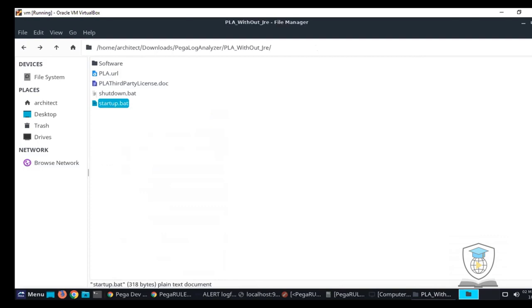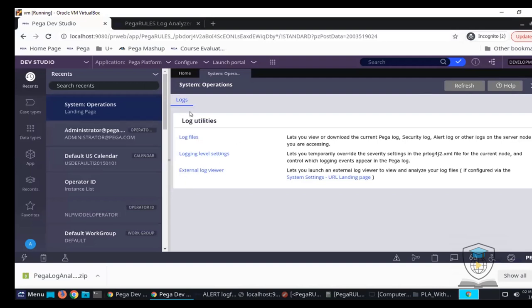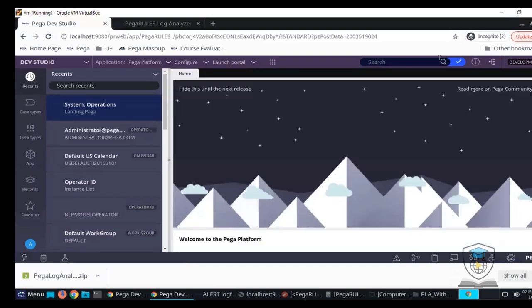But before going to that, let me see if there is anything I have to show you in the system. So we have covered this Pega alert log file. That's fine. Now the next thing that I need to show you directly in the system is the categories of Pega alerts. Just one more minute, please.